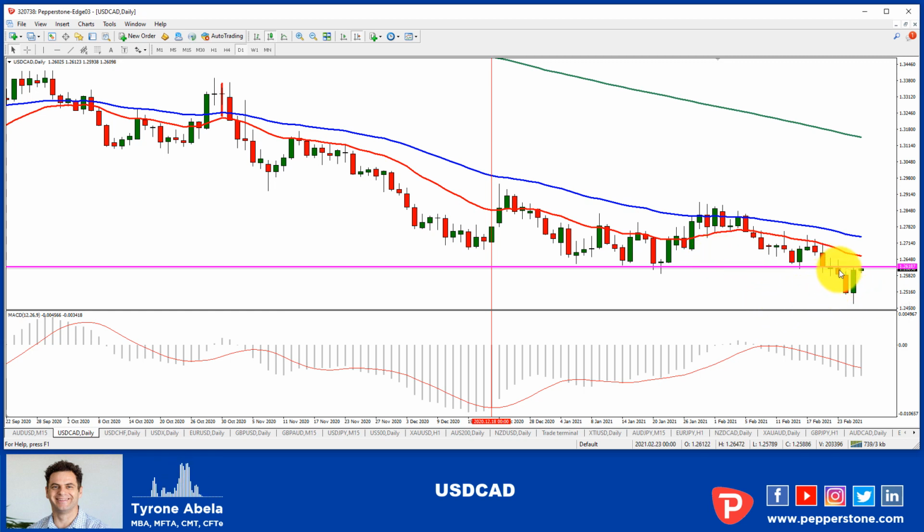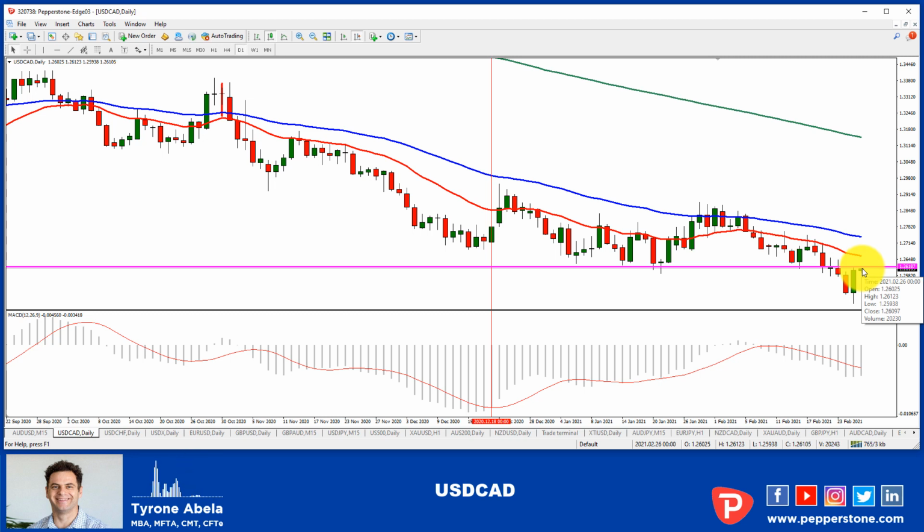It tried to push down past this support zone here, which was very, very crucial in this particular pair. It broke that, and it looked like it was basically gone for all money, but it's had a very, very big reversal now. The dollar strength has obviously increased, but probably more importantly than that, look, the US dollar yen and the US dollar Swissy were going up anyway, even though this one was falling. So it's not all just about the dollar strength, but as you can see, we're starting to get some good